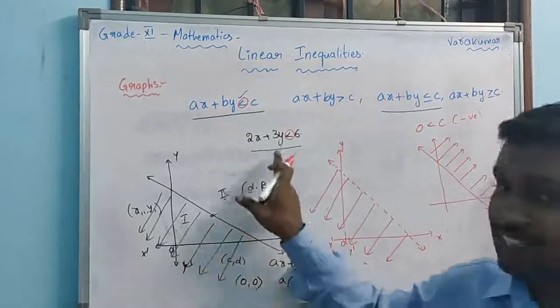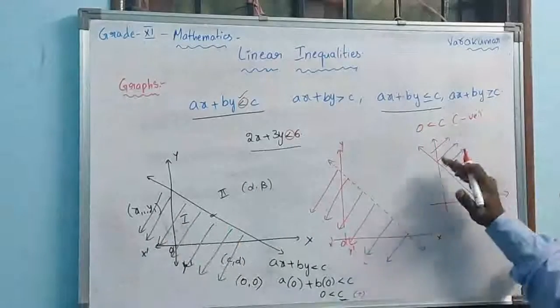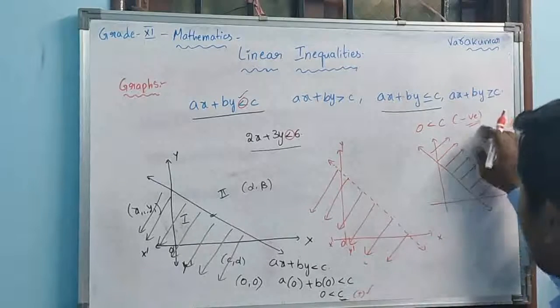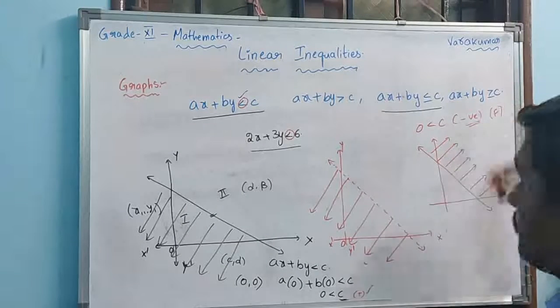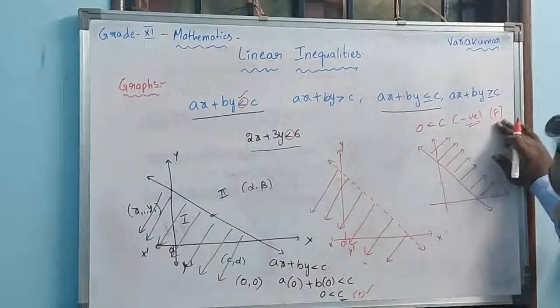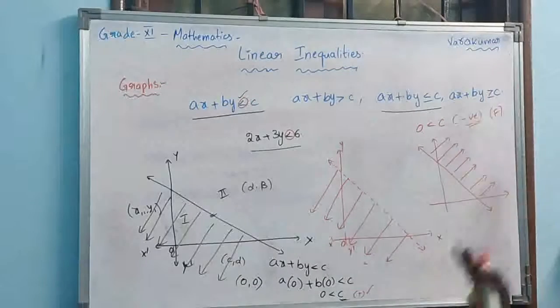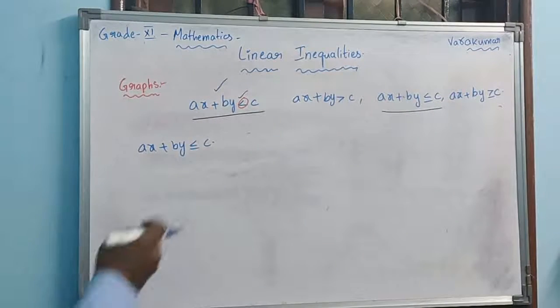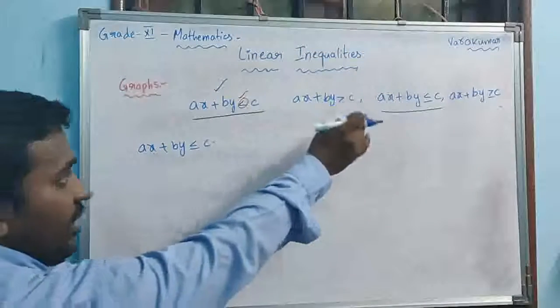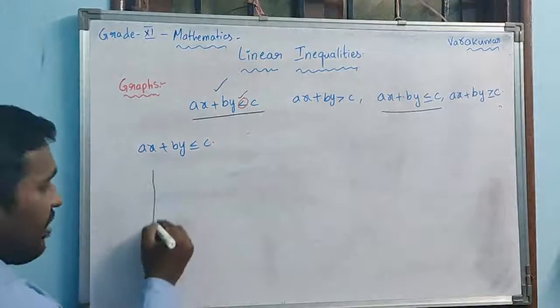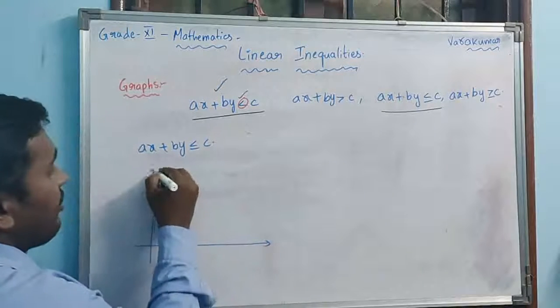So what I am trying to say, if it is less than, towards the origin. If it is greater than, it means here positive case, true case, or negative, it is false case. If it is true case, towards the origin. If it is false, then away from the origin we are supposed to draw it. Now one more. Now if ax plus by less than c is over, now ax plus by less than or equal to c case you take it. In this case, same way you have to draw that.